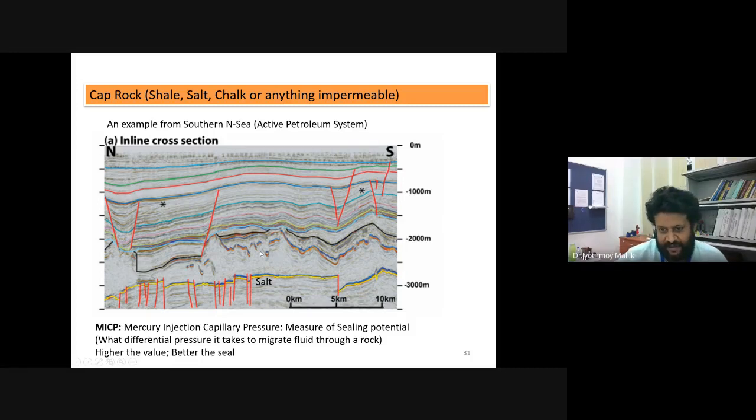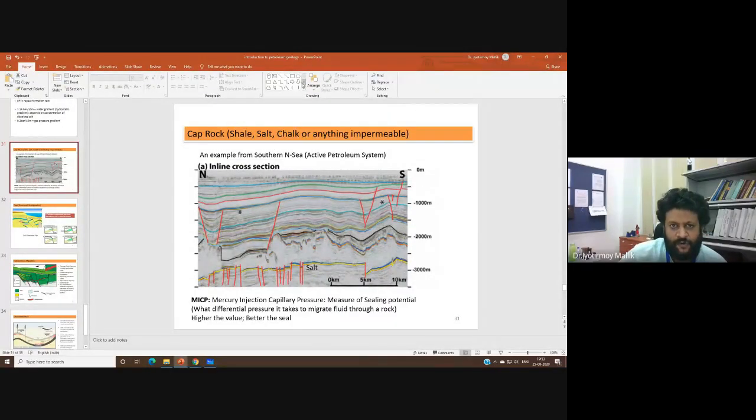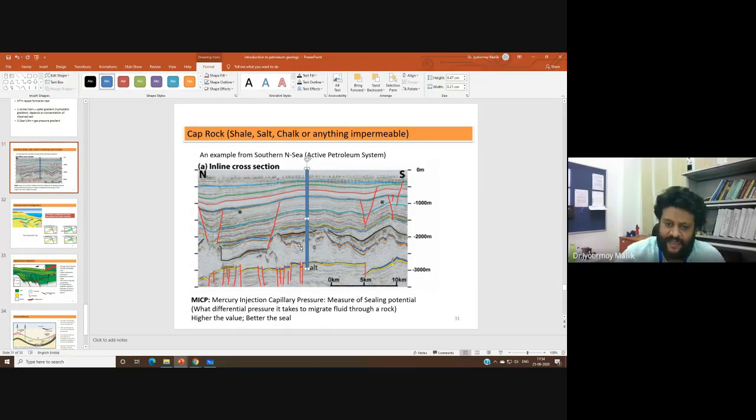If you have a trained eye, I will show you after the course. Of course, you will have a trained eye. You will be able to do it by yourself, but for the time being, remember, whatever you are seeing here is perhaps salt. And here is your reservoir. Here is your sandstone reservoir. If you want to actually take hydrocarbon out, what you have to do is drill a well which runs from here all the way here. And this is where you will be able to take the hydrocarbon out, right?